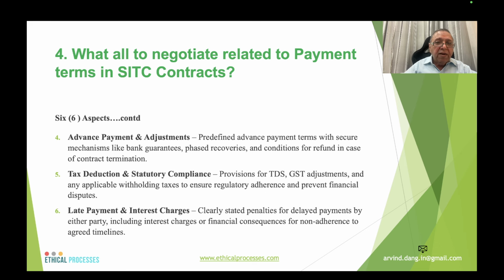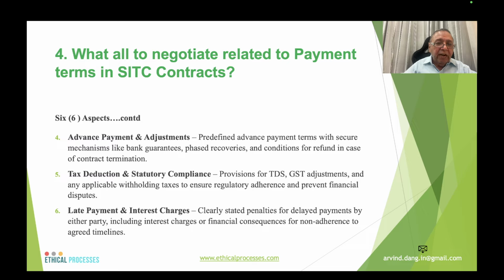Fourth, advance payment and adjustments, very important parameters. Usually, the contractors ask for advance payments as an obligation, advance without any guarantees. So this is a very important point to allow this, but against bank guarantees, etc., and phase recoveries and conditions for refund. TDS, tax deduction, and statutory compliances, provision for TDS, GST adjustments as applicable depending on the type of the